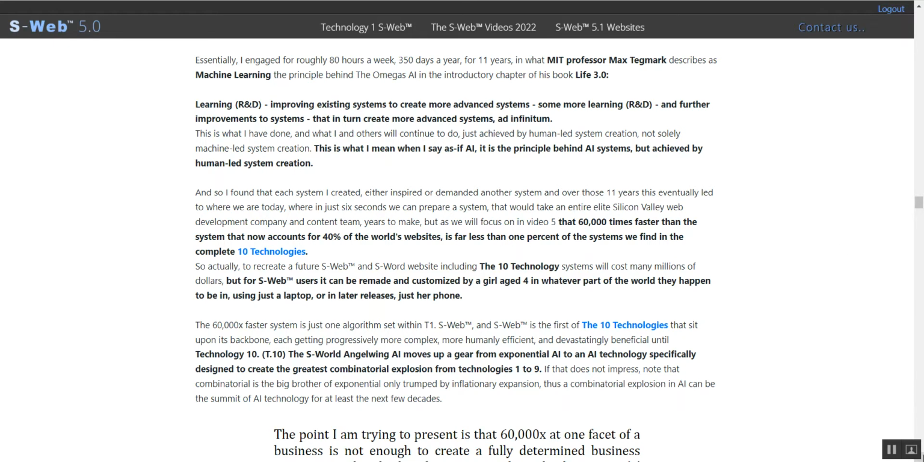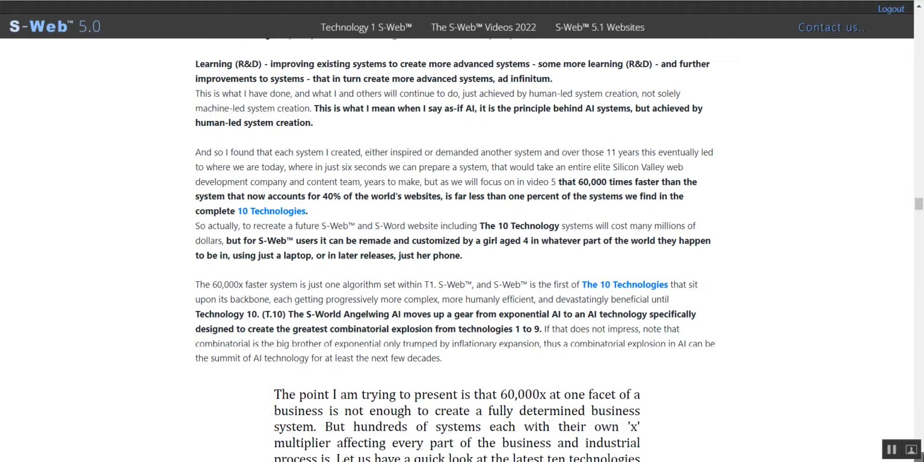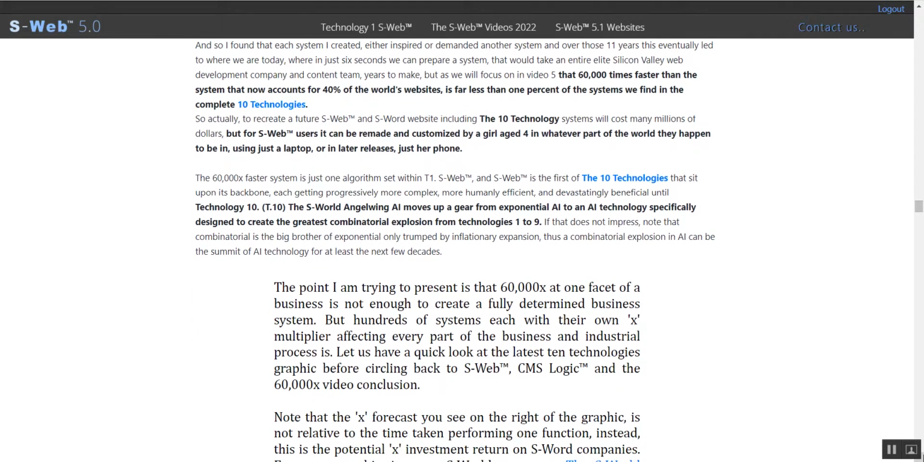This is what I have done and what I and others will continue to do, just achieved by human-led system creation, not solely machine-led system creation. This is what I mean when I say as if AI. It is the principle behind AI systems, but achieved by human-led system creation. And so I found that each system I created either inspired or demanded another system, and over those 11 years this eventually led to where we are today,